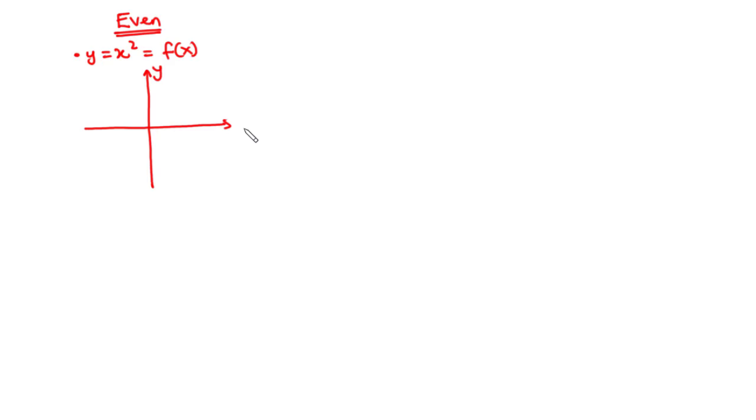You have this to be the y-axis, the x-axis, and this is the graph of f of x, or better still y equals x squared. Now we are going to fold the graph vertically along the y-axis, that is from the left to the right or from the right to the left. If we do that, then we are going to have something like this. So this is the y-axis, and then this is going to fold onto this. So this is what we have as the x-axis,